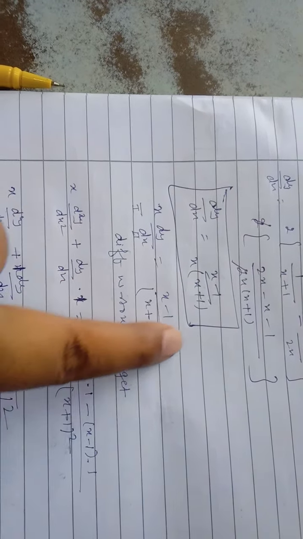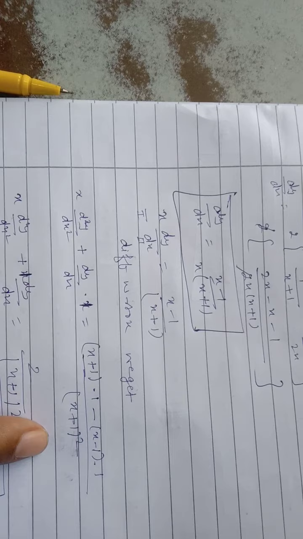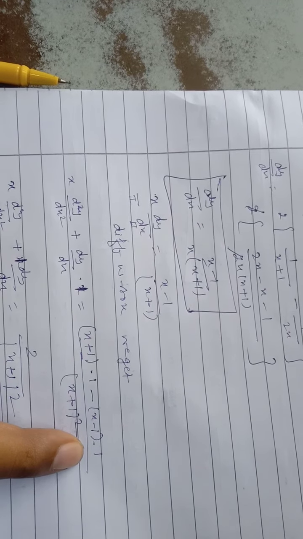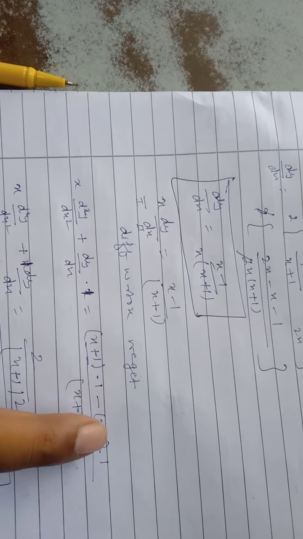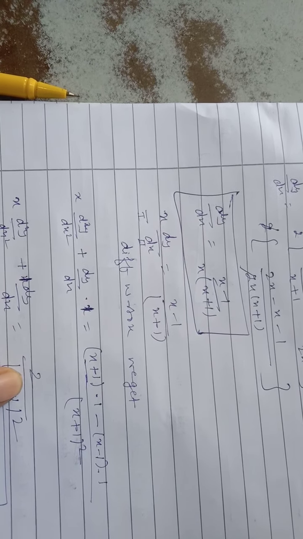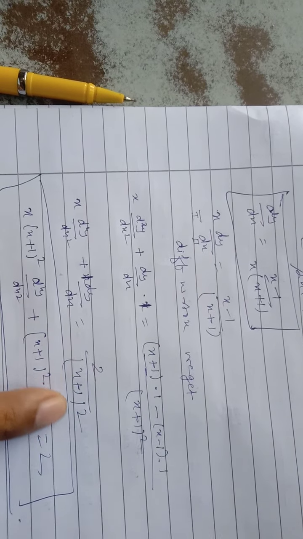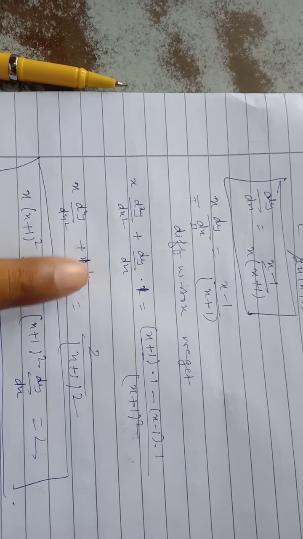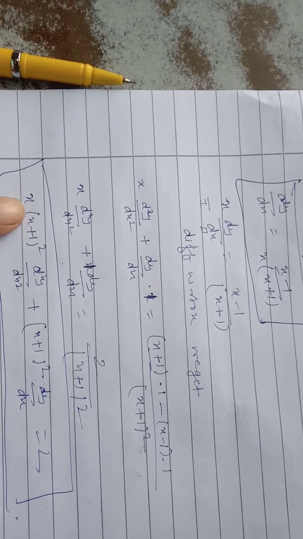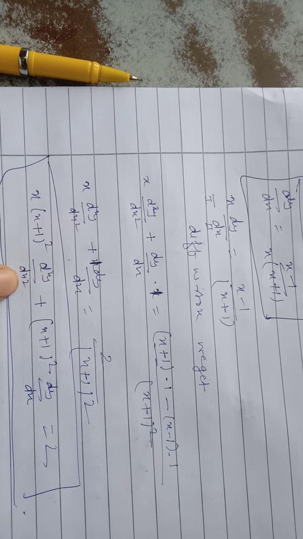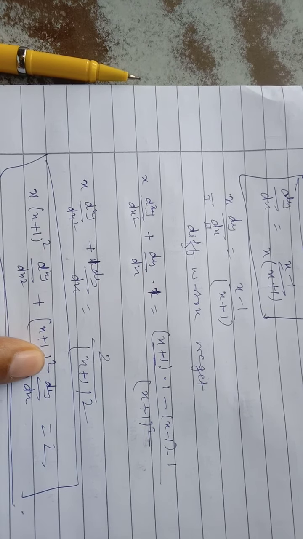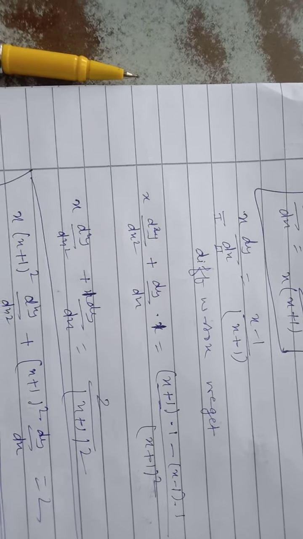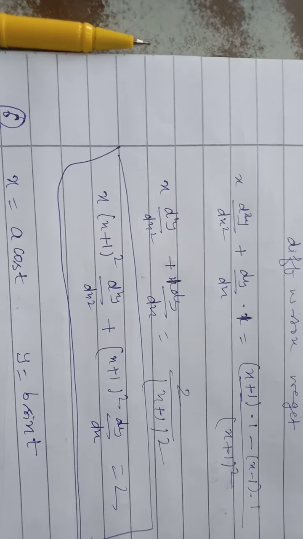Here we will apply the u upon v formula. V square, v as it is, derivative of u, minus u as it is, derivative of v, cancelling out x, minus minus plus 1 over 1 2. This x plus 1 whole square will come to the left hand side, getting multiplied to both the quantities, and it becomes x into (x plus 1) whole square d2y upon dx square plus (x plus 1) whole square dy by dx equal to 2. This was the problem of the 90% students. So I have solved this thoroughly.